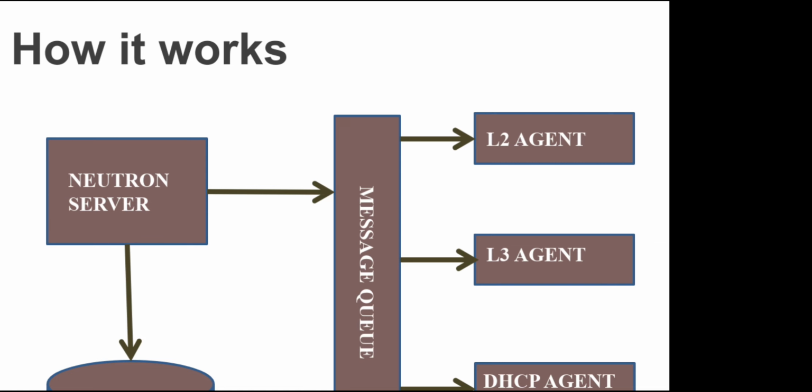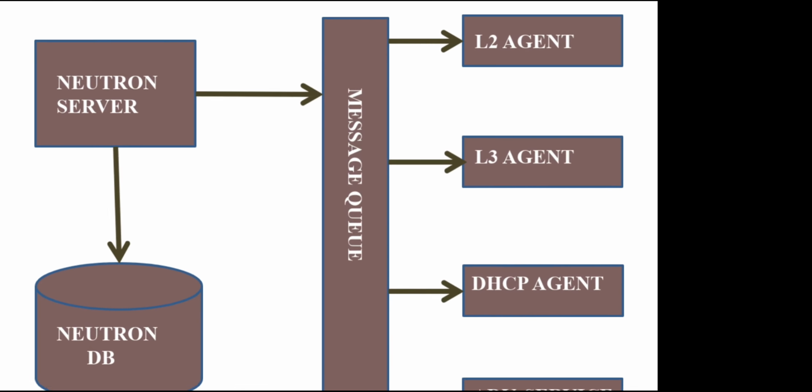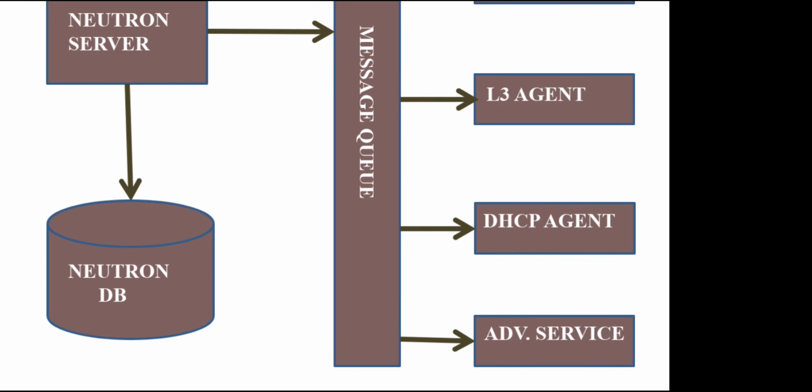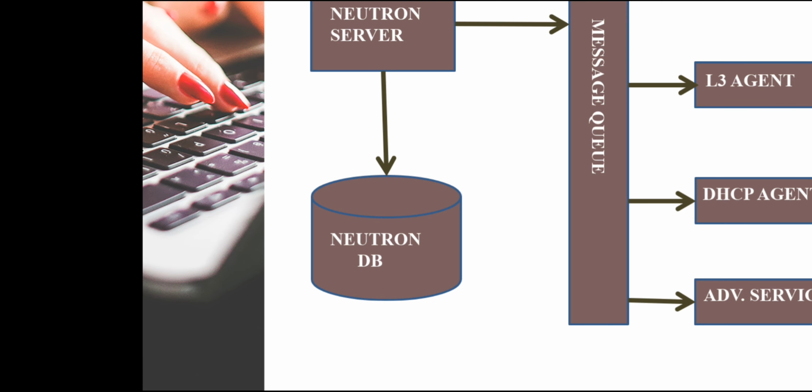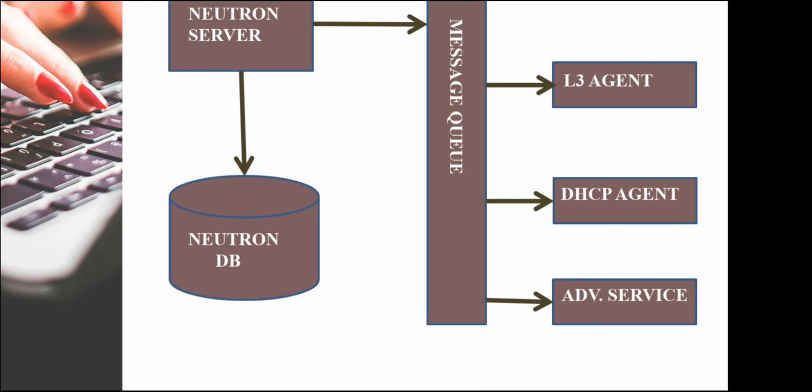The next agent is the L3 agent. It is responsible for routing, IP address forwarding, packet forwarding, etc. So you got to know the L3 agent's goal. Next is the DHCP agent. I hope you know the full form of DHCP. It is Dynamic Host Configuration Protocol. This DHCP agent helps us forward the request and response between the client and server. As this whole component sits between client and server, there should be some medium which helps with forwarding. That forwarding is done by DHCP.